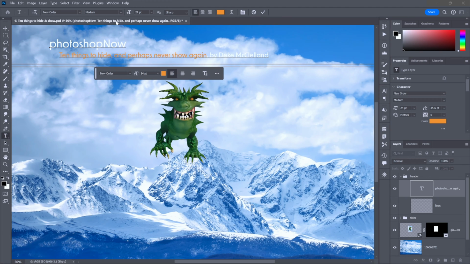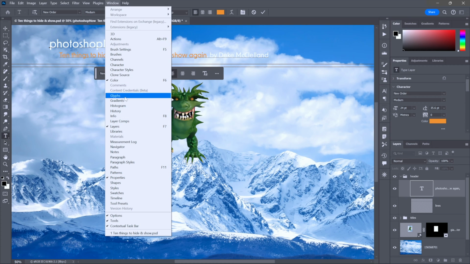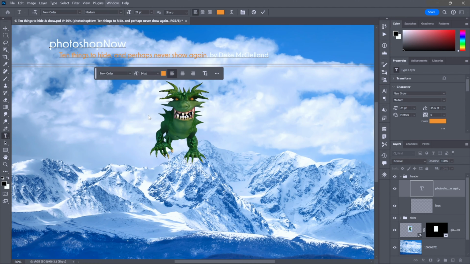And so notice under the window menu right here, I want you to see that the layers panel by default has a keyboard shortcut of F7. I like that. And if you like working with function keys, you might want to give this guy a keyboard shortcut of F8, which is already assigned to the info panel. But the info panel, while useful, isn't that useful that you need to be able to bring it up at will. And so what I'm going to do is just escape out here,